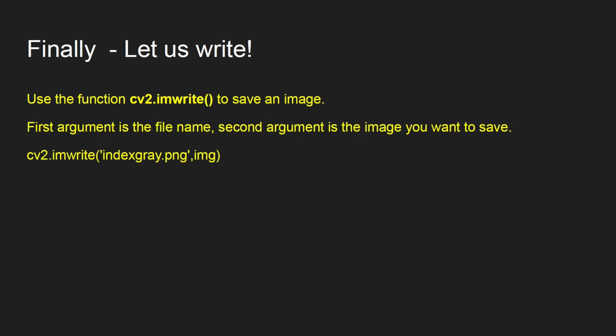And the last one is nothing but write. We have opened a color image, we displayed it as a grayscale, and we are going to save it as a grayscale, and for that I need to use cv2.imwrite indexgray.png. Now this is the name of the new file which is created, which is nothing but the grayscale version of the input image. That's it. We are going to see the demo right now, and I hope you will understand how exactly it works.